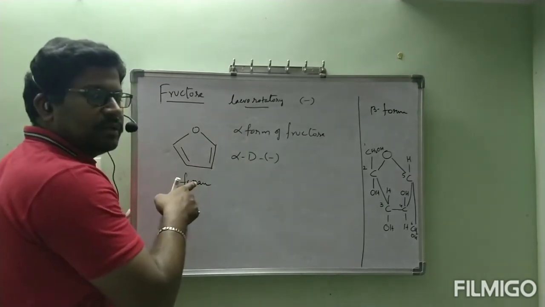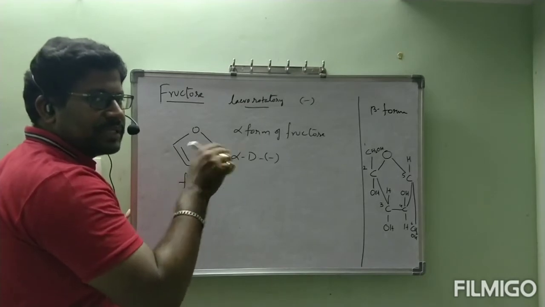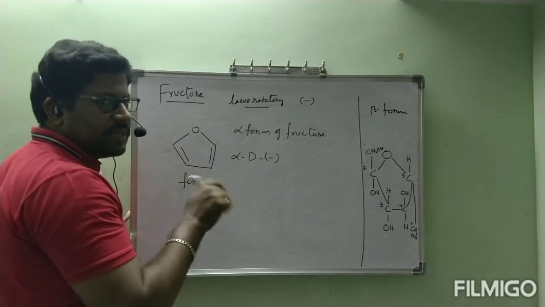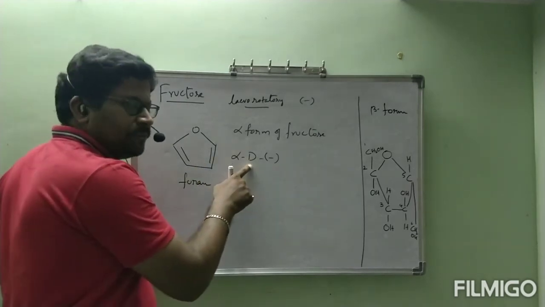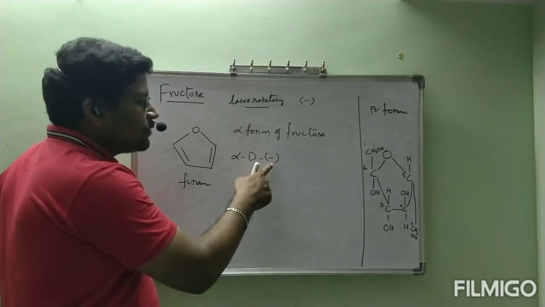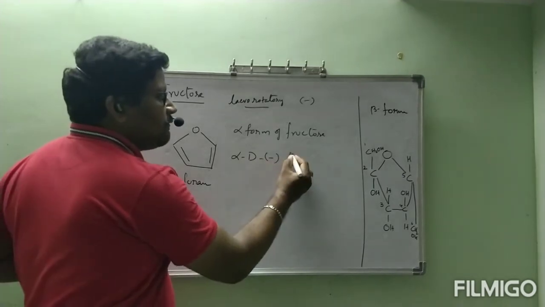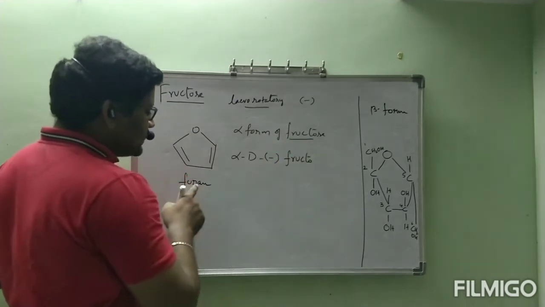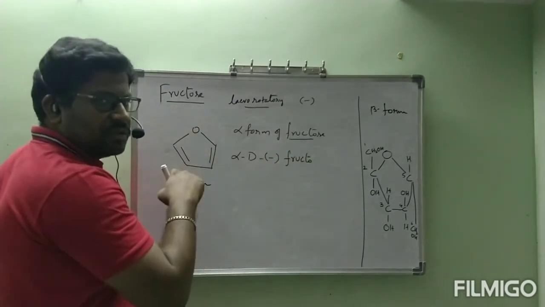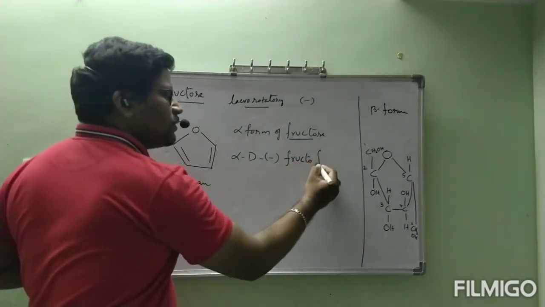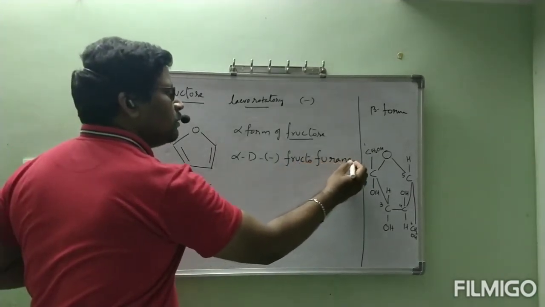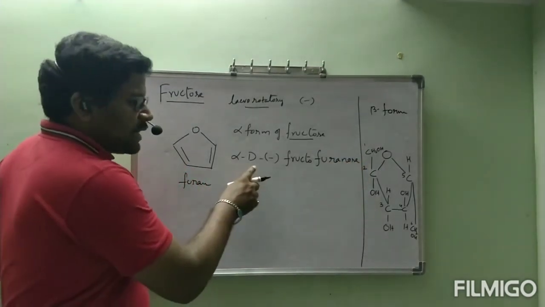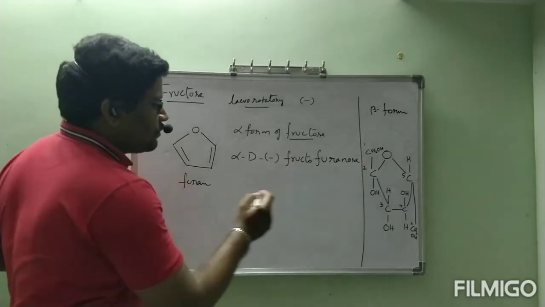This is also representing the relative molecule, that is glyceraldehyde, capital D, that is plus glyceraldehyde only. Fructose is also representing plus glyceraldehyde, that's why we wrote capital D. It is levorotatory, minus. Fructo is the name obtained from here. The closed ring structure of fructose is resembling furan, so furanose. Fructofuranose. Alpha capital D minus fructofuranose.